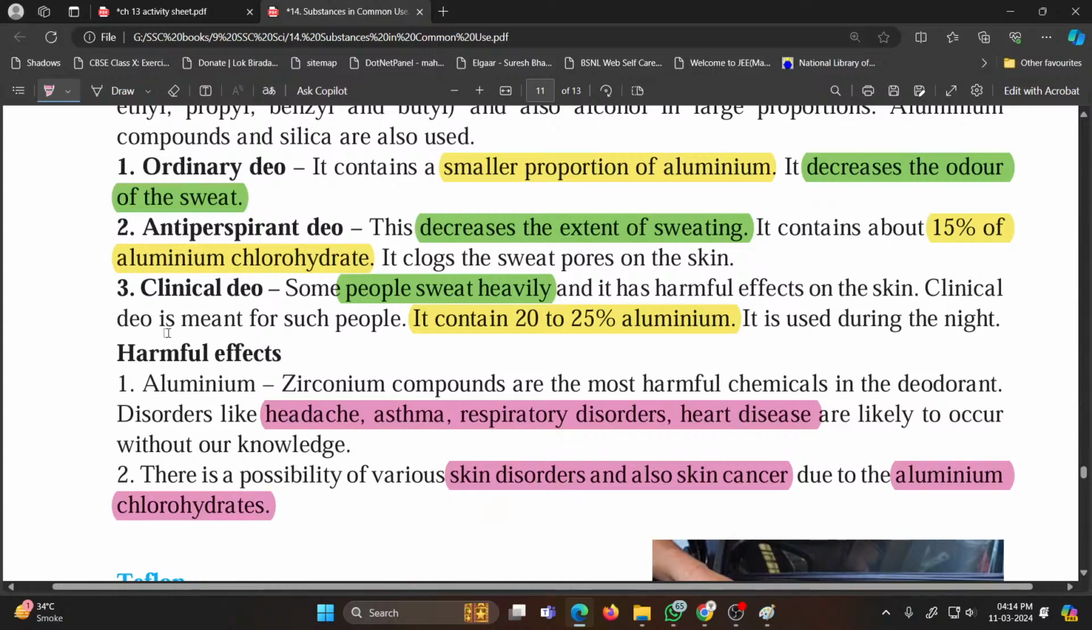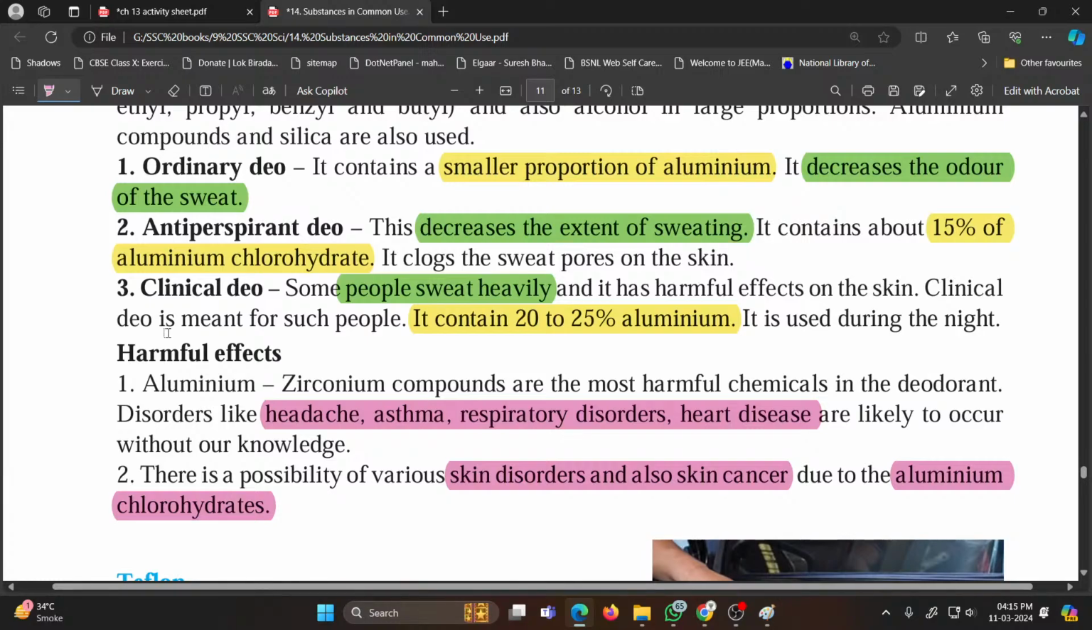So differences: ordinary deo contains lesser amount of aluminium. Anti-perspirant deo contains 15% of aluminium chlorohydrate, whereas clinical deo contains 20 to 25% aluminium. Ordinary deo decreases the odor of the sweat. Anti-perspirant deo clogs the sweat pores of the skin and decreases extent of sweating, whereas clinical deo used at night reduces